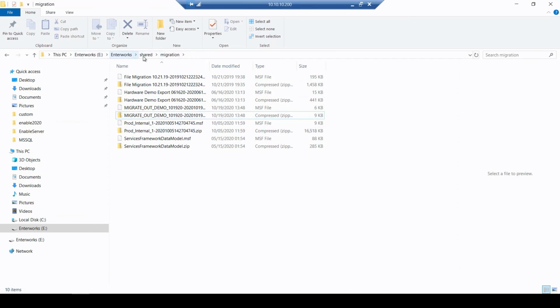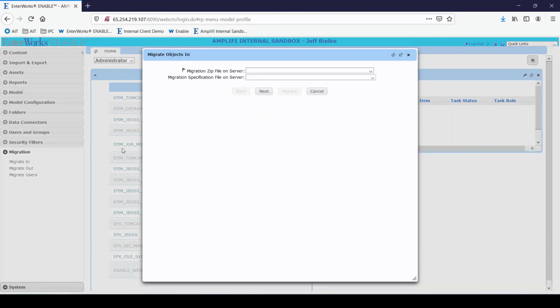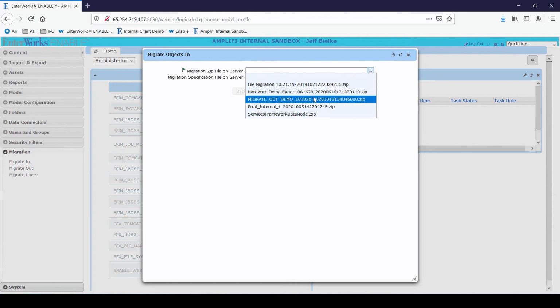Once you've copied them from the source to the target environment and they are staged within the same folder, EnterWorks shared migration, we can then go into the target environment and select what components we want to migrate back into the system. Back in the admin UI, we'll then select migrate in. As long as those files that we generated are within that specific shared migration folder, we can select them from the drop-down here,